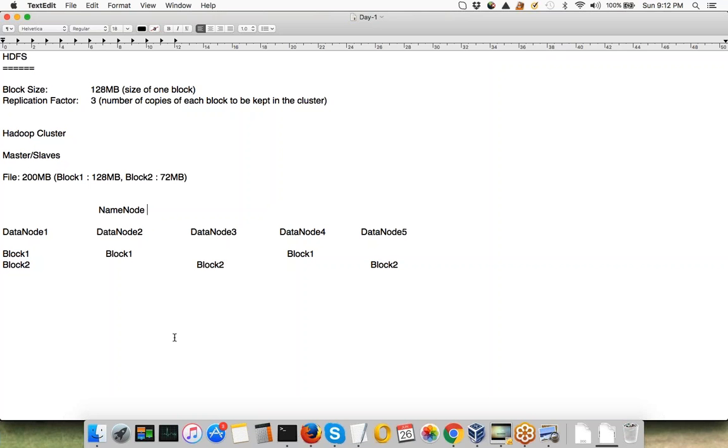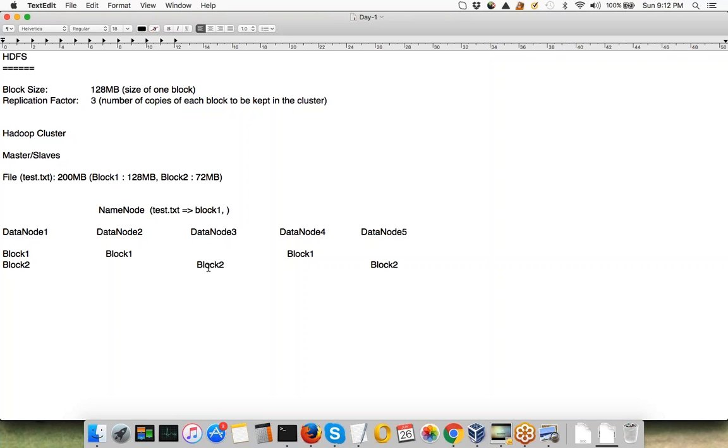And your name node, which is the master of the system, will just keep this information with it. Let's say I have one file, and let's say test.txt is the name of the file. The name node will say, okay, I have test.txt and it has two blocks.